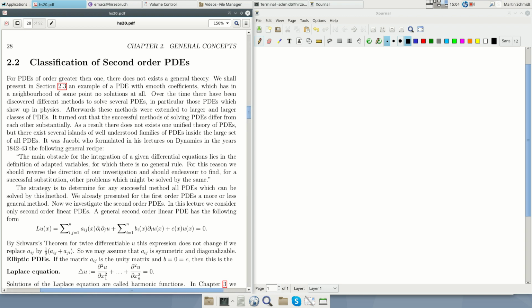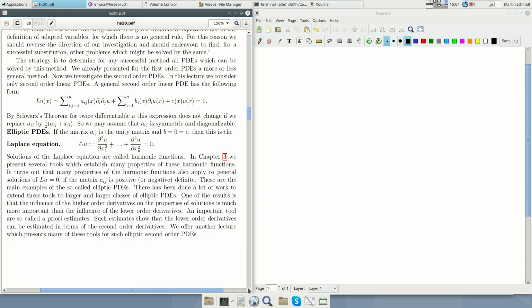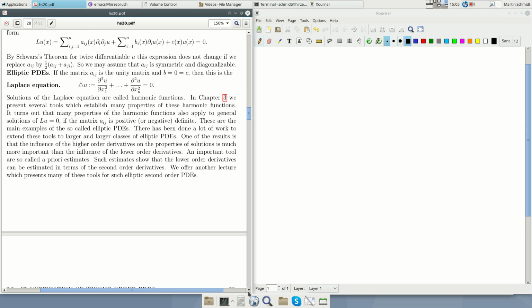Yeah, and this is what was really done after one began to understand the Laplace equation. One extended this, and we will see this. There are very nice properties, and some of them are extended, and in this way the elliptic theory was developed. Okay, so we introduced now second order elliptic PDEs, and